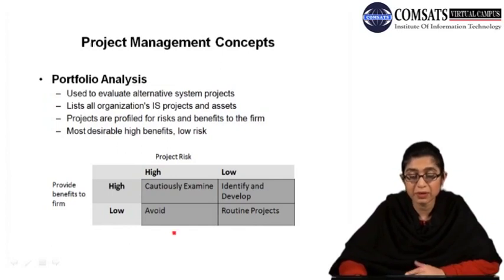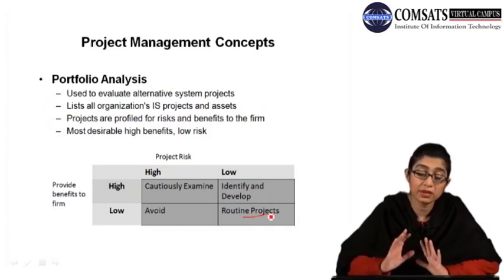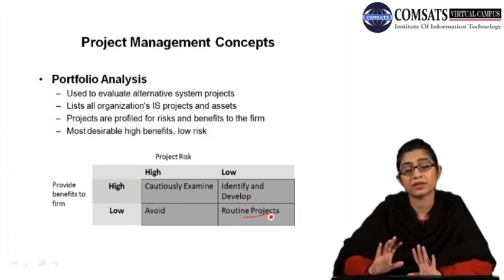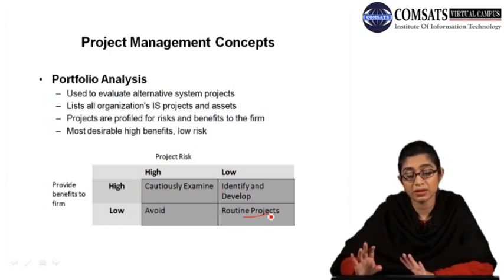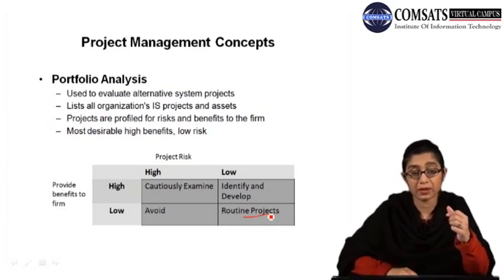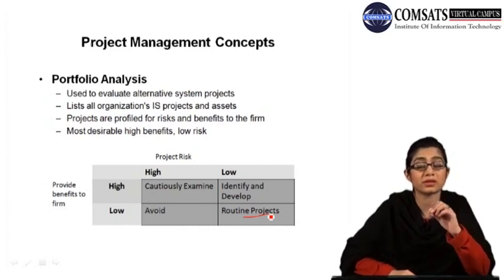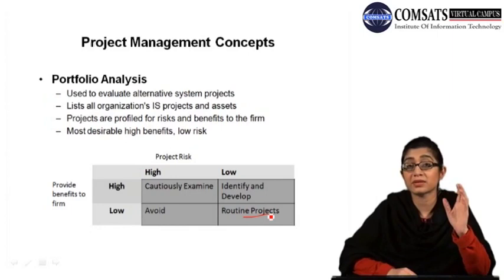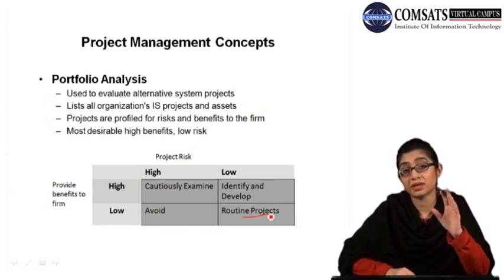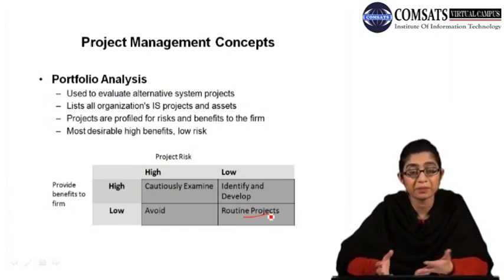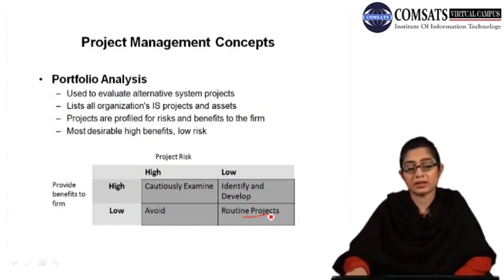Otherwise, usually when people do projects, they have a low project risk and a low set of benefits as well, so that they keep themselves on a very safe side. Like we talked about before, when we were looking at business process re-engineering, we said that it is a very risky implementation, and it is all about a radical change that's going to completely change the system. So the factor that comes in is that